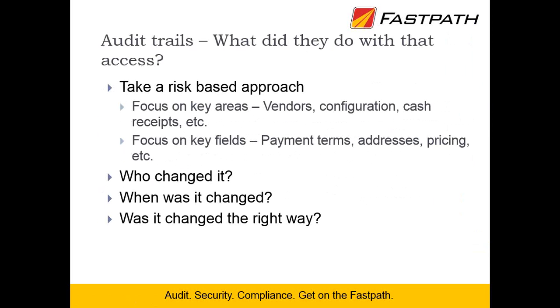So again, focus on the key areas, right? Vendors, configuration, cash receipts. But the other thing is drill down one level farther to the fields. So if I decide to audit vendors, make sure that you know the fields that are important. I want to key on payment terms, credit limits, addresses, pricing, but do I really care about the fax number if the fax number changes? If the contact number changes, from an audit perspective, is that high risk? That might be something that somebody wants to know, but you get down to that field level,